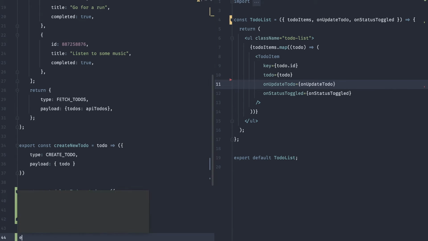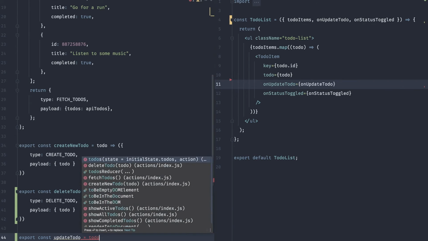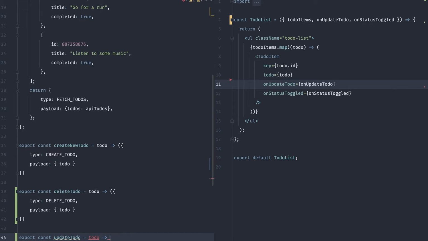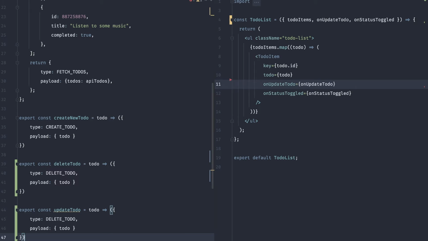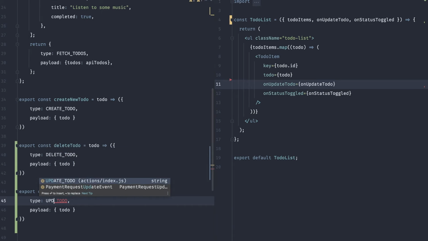and I will say export const update to do. Again, it will accept a to do, and then we can paste. Lovely. Okay, and here the type is going to be update to do. Okay, so now